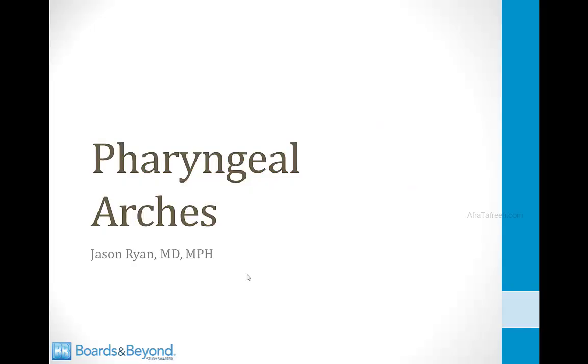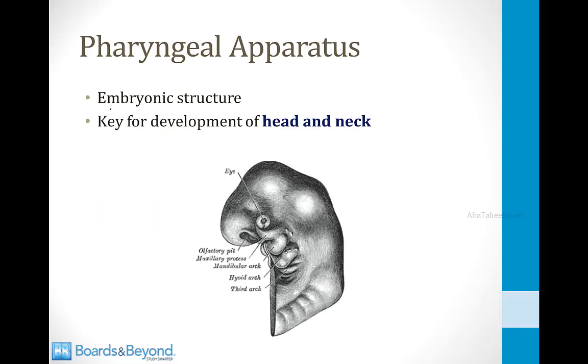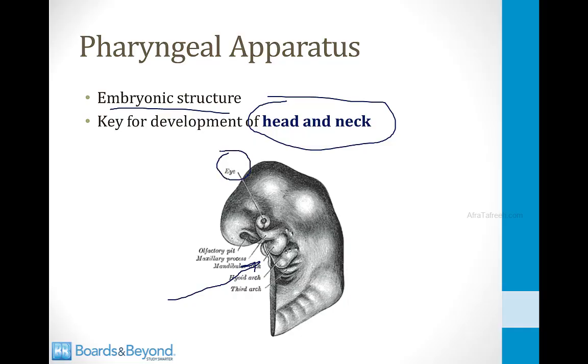Hi everybody, and welcome to our module on the pharyngeal arches. The pharyngeal apparatus is an embryonic structure that is very important for normal development of the head and neck. If you look at this picture of an embryo on the screen here, it's very easy to identify these bumps that are evident below the future eye. Those bumps are the pharyngeal apparatus, and they are going to grow into a number of important structures in the